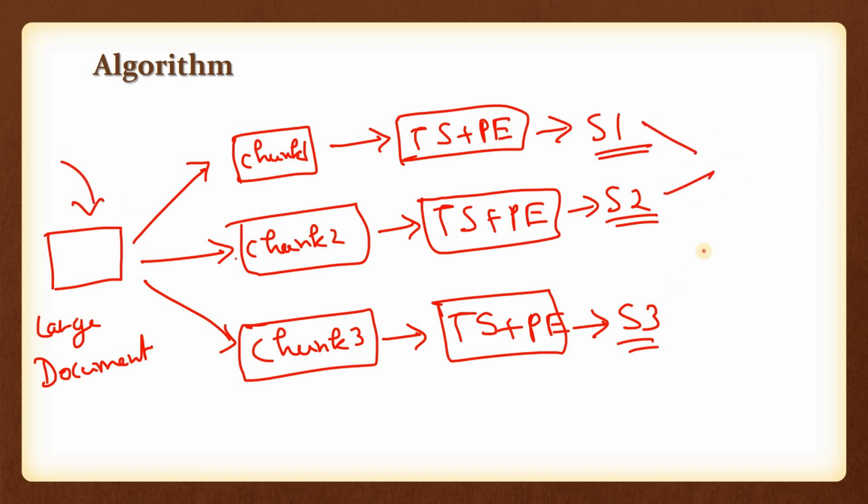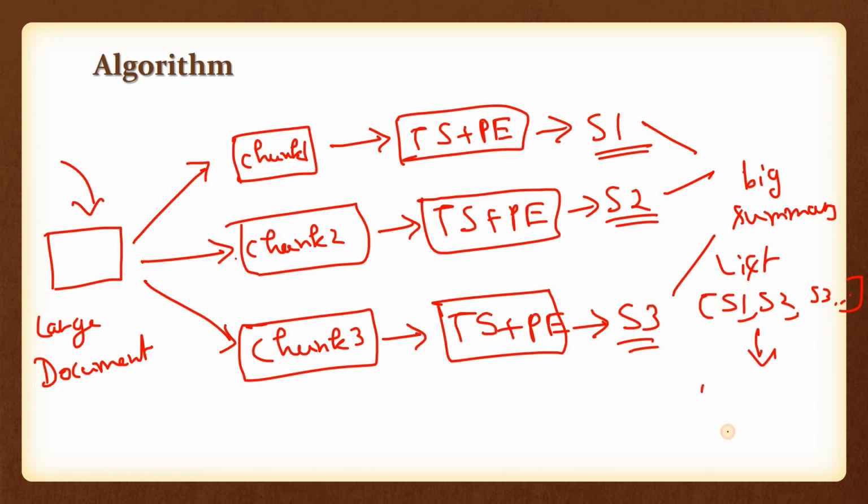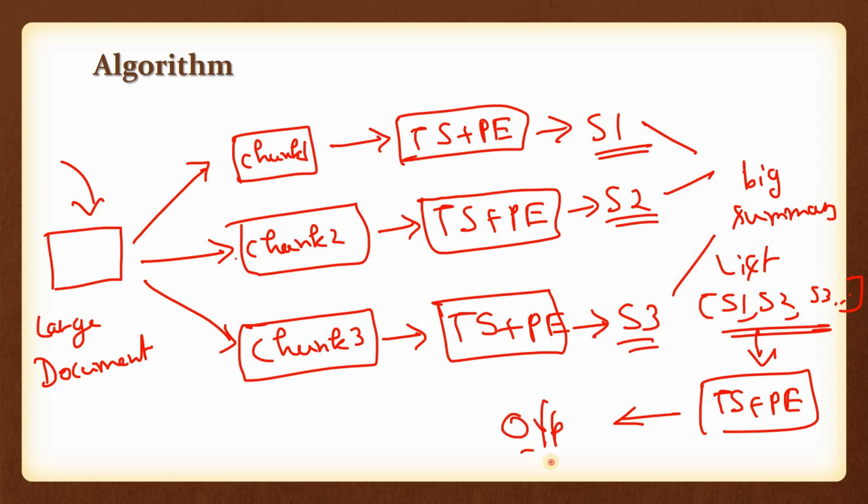So what we will do, we will combine all these summaries, and here I will get a big summary list, okay, which will be containing the elements like S1, S2, S3, so on. These particular summaries we will pass via prompt engineering and text summarization. Like in prompt engineering we can write, like you are given a set of summaries for a document, create a summary from the provided individual summaries which will contain most of the important and valuable information, right? So from this list of summaries we will finally generate our ultimate output summary. Okay,